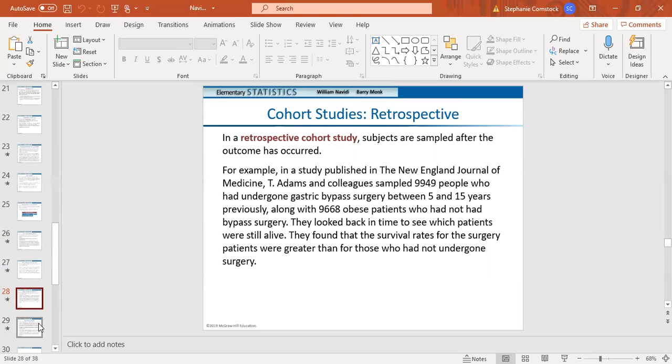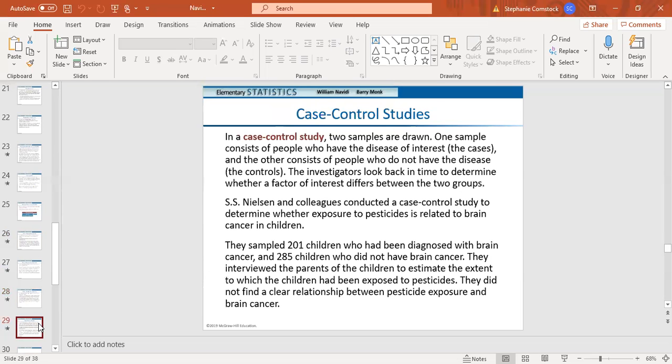And they discovered that the survival rates for surgery patients was higher. So more of the people who had had surgery were still living than people who had not undergone the surgery. So this is, again, we're looking into the past. Oftentimes we may be looking at census data and things like that. In a case control, which is the other